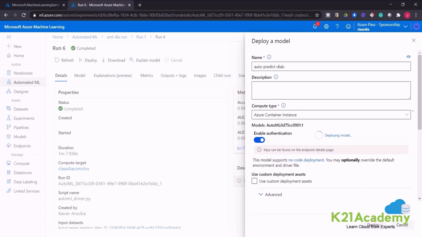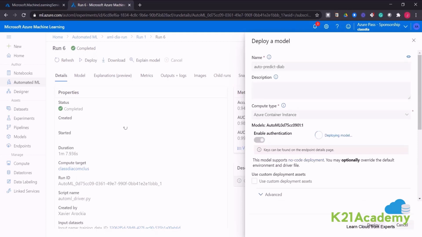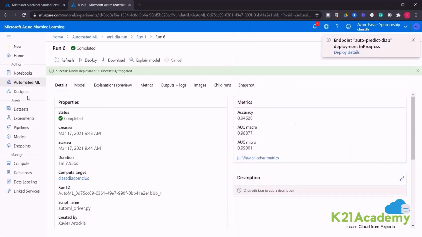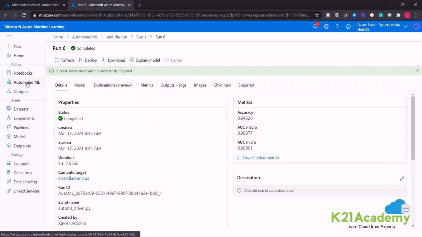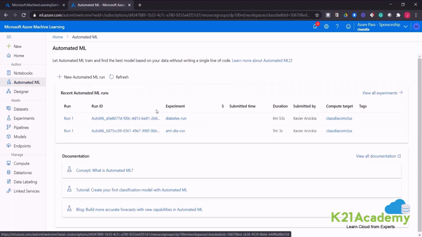So I'm going to deploy now. Again, the deployment can take a little bit of time. So while that is taking time, let me go to the model summary here. The last thing I want to do is, after I have done the deployment, I'm going to consume it. So I'm going to go to